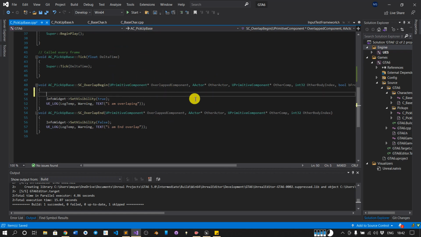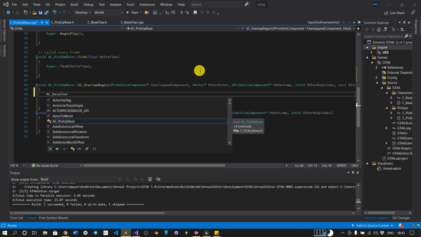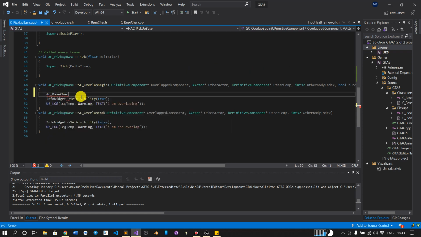So we will cast it to the base character, AC_BaseCharacter, which is not showing.